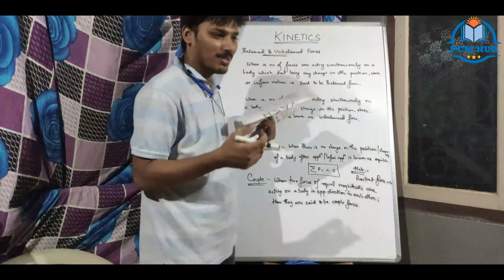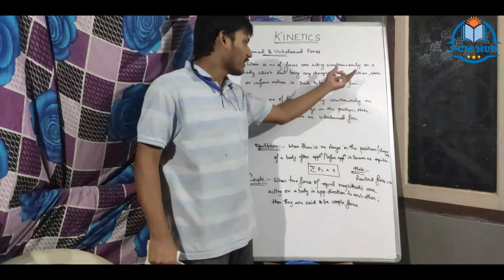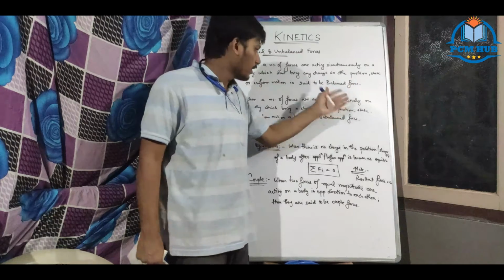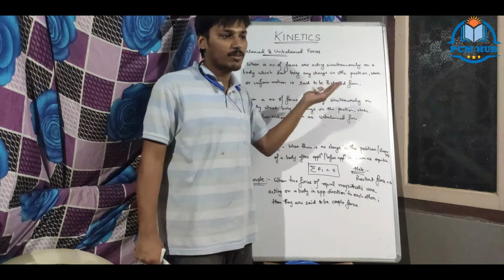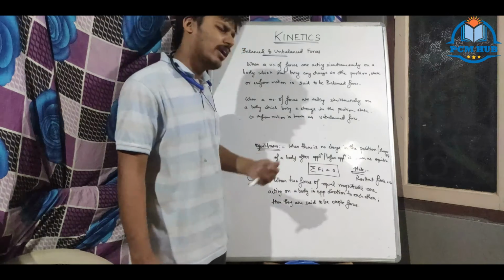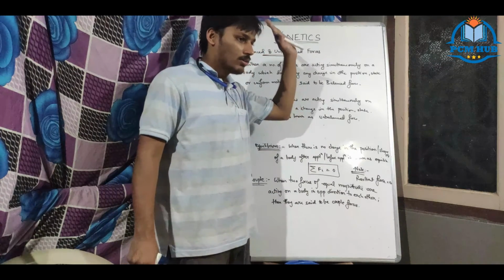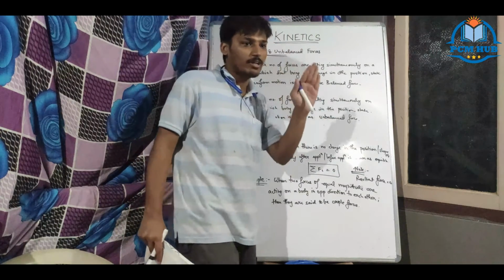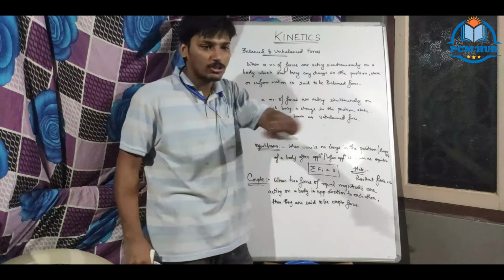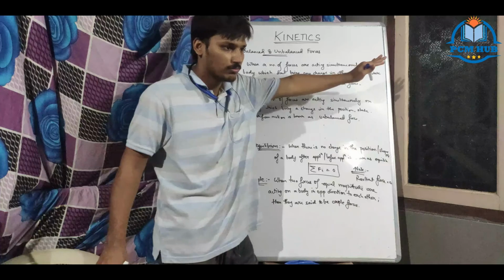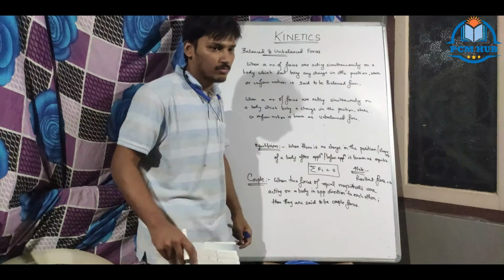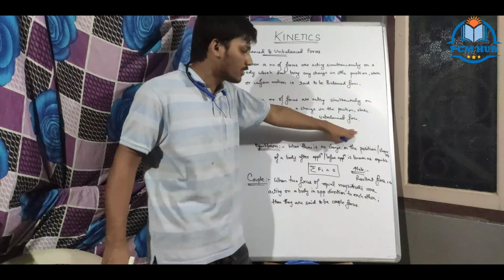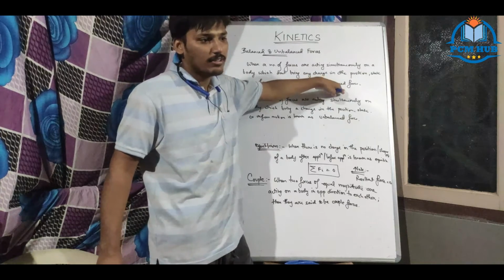Okay, now I feel no need to explain because you have understood everything. That's why representation by diagram is important. If that is done, immediately you will understand every concept. Any number of forces acting, with no change in position or state, means equilibrium should not be disturbed. The body is said to be in equilibrium when there is no change in position, shape, anything. Rest means rest only. Then it is said to be in equilibrium. So when the equilibrium is disturbed, it becomes an unbalanced force. When it is in equilibrium, it is called balanced force.